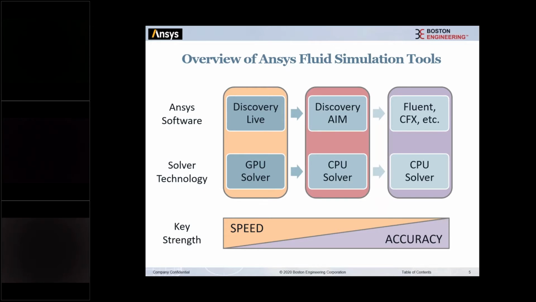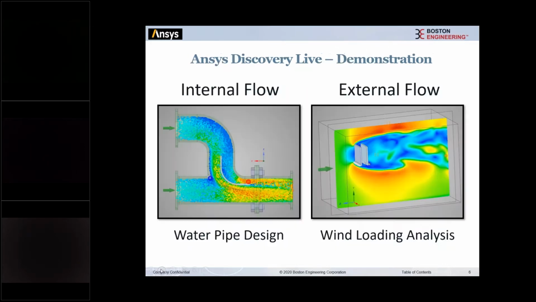And so we're constantly trying to move big pieces of data back and forth from the CPU to the hardware, back to the graphics card, and that can take a lot of time. And so Discovery Live, by keeping everything on the graphics card, by solving there, by showing you results from there, we actually speed up that process quite a bit. We do take a hit of accuracy, of course. We'll talk about that in a little bit, but I think you guys will be very impressed. There's always a drive to be a little bit faster. So we'll see how fast this can really be.